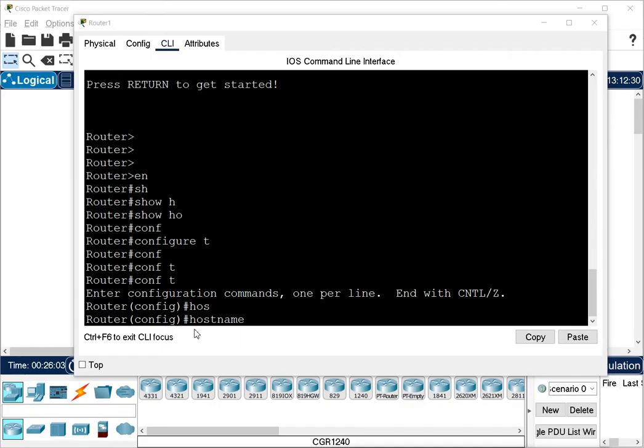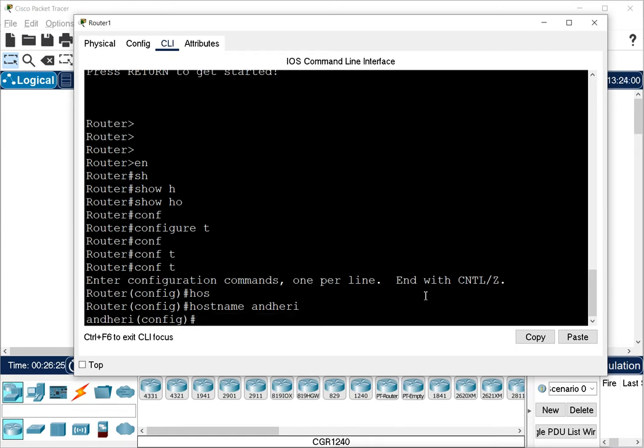So we run the command hostname, and then a space, because after the command, when you are giving the value, you have to give a space. If you don't give the space, it will give you a wrong command. So after the command, now I have to give the value. This is my value, and this is going to be my name. Now when I press enter, I can see the name is changed.